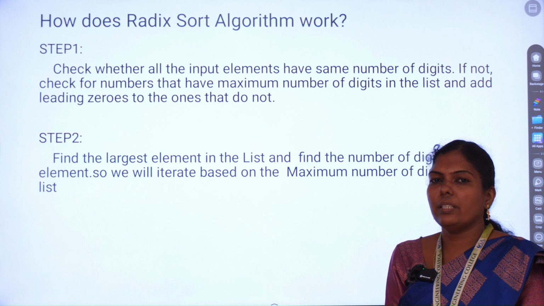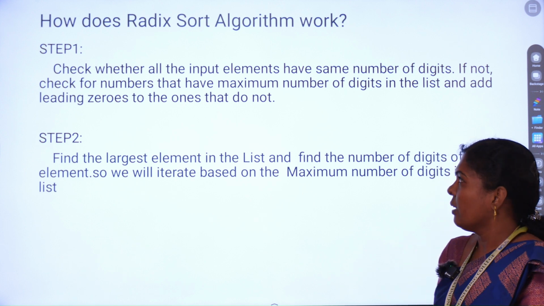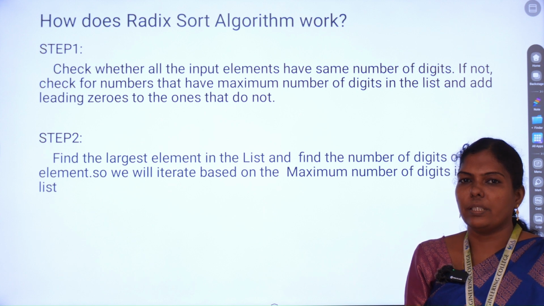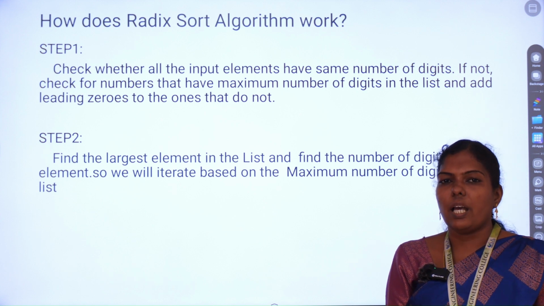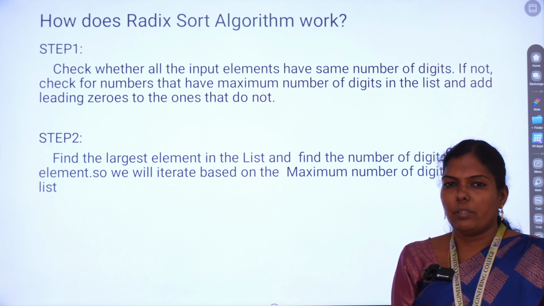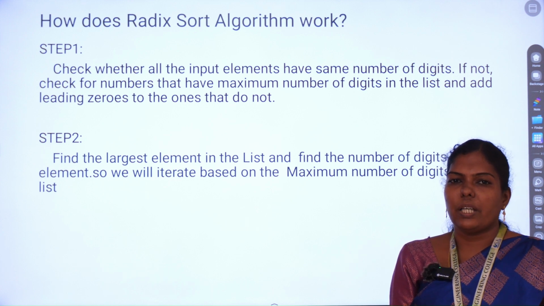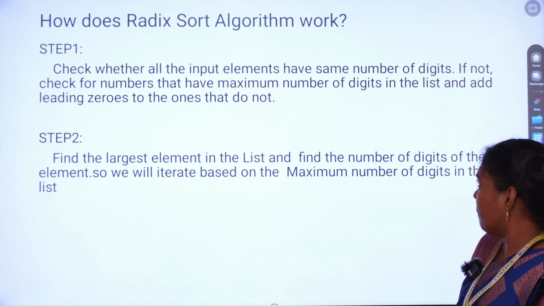Let's see how the RADIX sort works. Step 1: Check whether all the elements have the same number of digits. If not, just add 0 to the particular element and make the list so that all the elements have the same number of digits. For example,